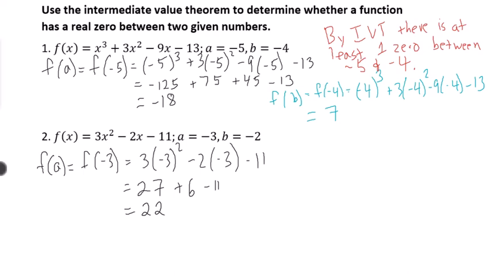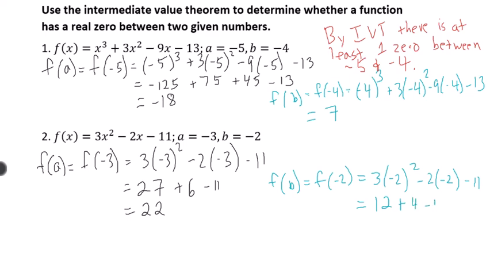All right, let's look at f of b, which is -2 in this case. So 3 times -2 squared minus 2 times -2 minus 11. So simplified, 3 times 4, 12 plus 4 minus 11 gives you 5. And as you see here,